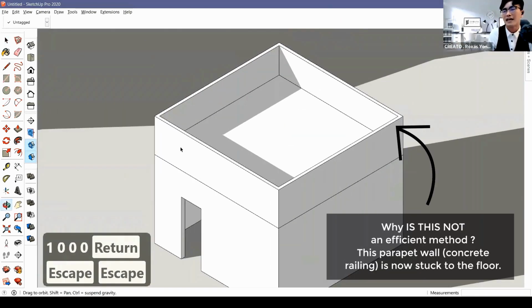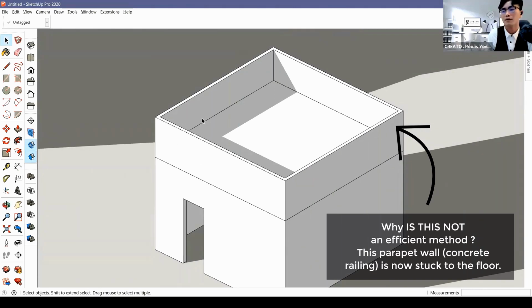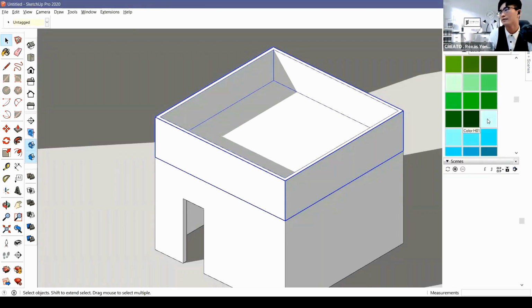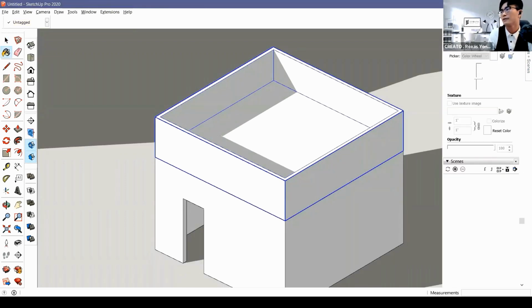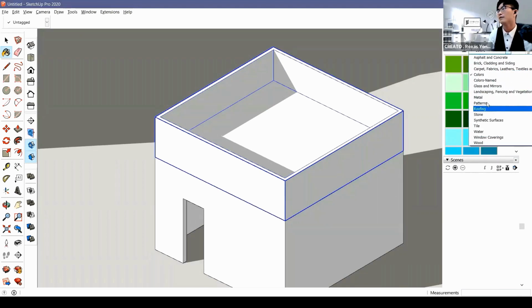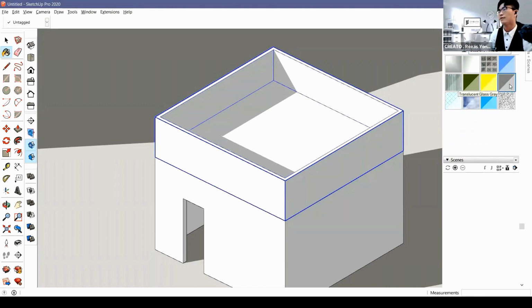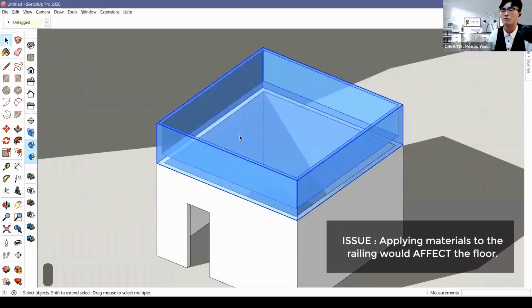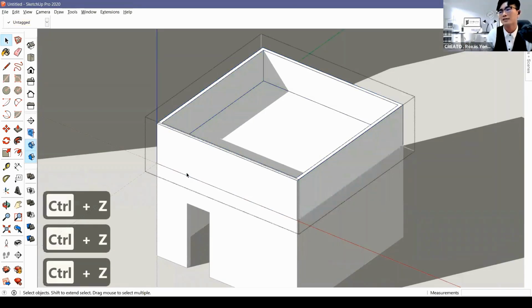Because like this, the concrete railing is forever fixed to this floor already. We can hardly remove it. If we apply materials, let's say we apply glass, go to the material tray, and pick the blue one, if you apply that to the whole thing, you apply glass even to the floor as well. So this is actually not a good method, but of course it's the quickest one. A better method is